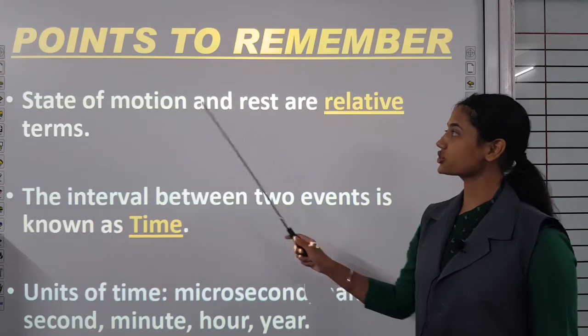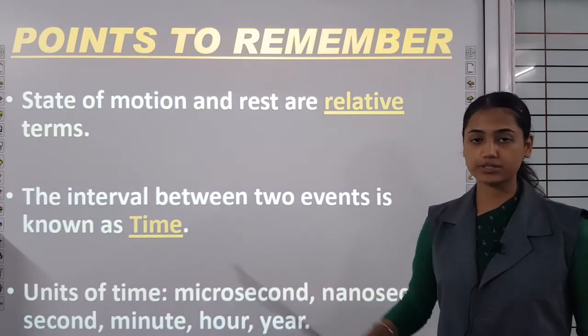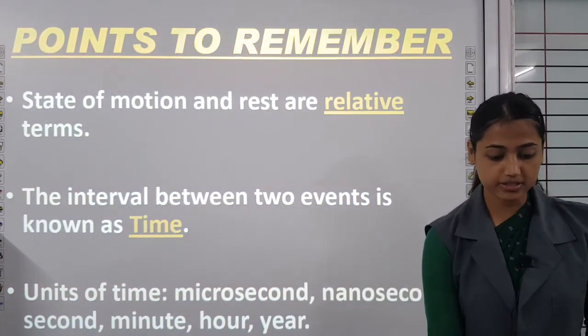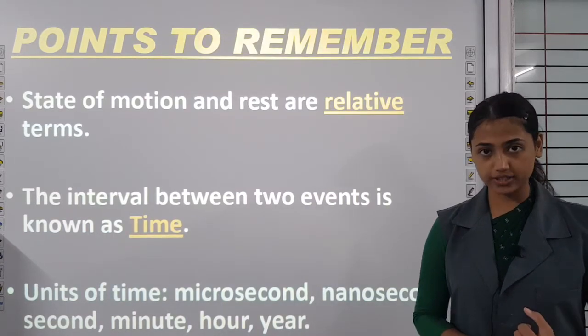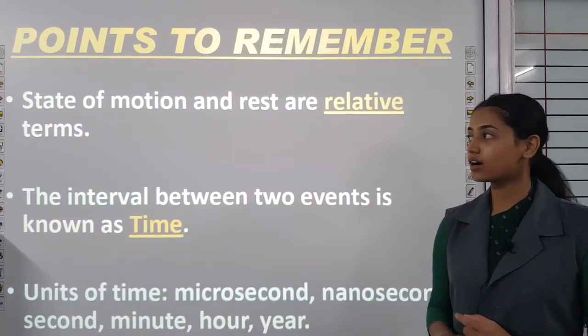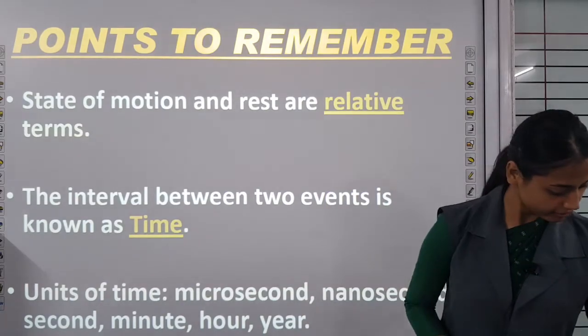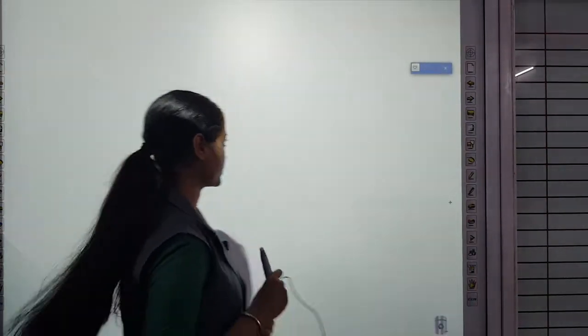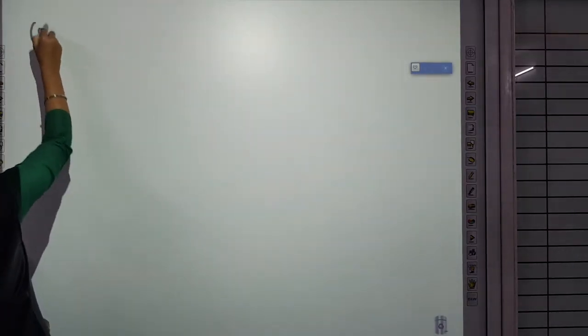First, state of motion and rest are relative terms. What does that mean? In this chapter we have studied two terms. First is motion and the other one is rest. How are these two terms relative? Let's take two cases, two situations. In situation 1,